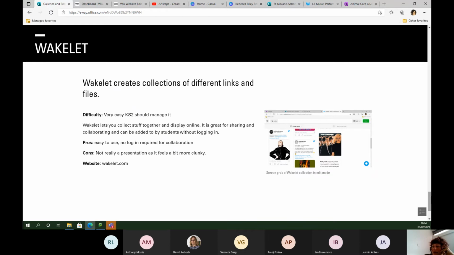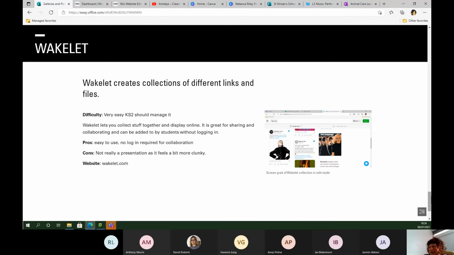The major advantage of Wakelet over Padlet is that Padlet charges and Wakelet doesn't. So that's why lots of people use it. Padlet starts charging after you've made 3 collections. It's really easy to use Wakelet. Anybody can get into it. And what it is designed to do is just to collect online resources. It collates online resources. So essentially it's